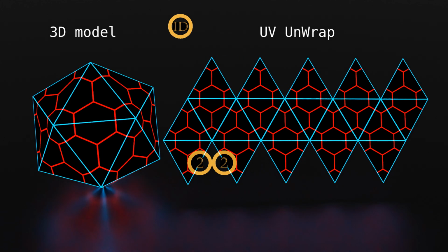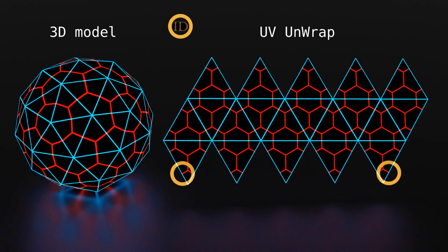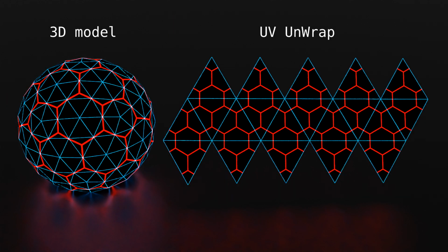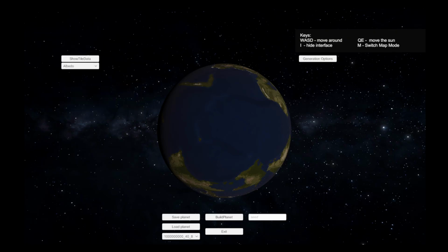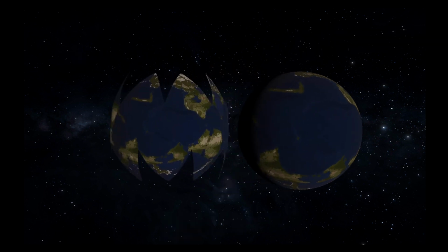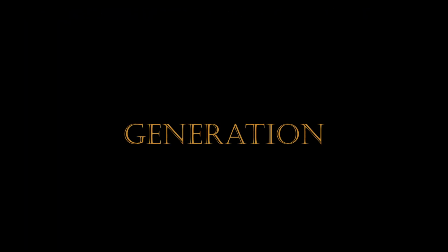To make the shader function properly on the spherical surface, I had to subdivide the plane into multiples of 11 hexagons. Additionally, I found that hexagonal tiles on the sphere shared more than one tile on the plane. To overcome this challenge, I devised a system to match IDs between the sphere and plane projections. That system ensures that each hexagonal tile on the sphere corresponds accurately to its counterpart on the plane. Once we have the shader and the data connected, we can start to build our world, starting with the